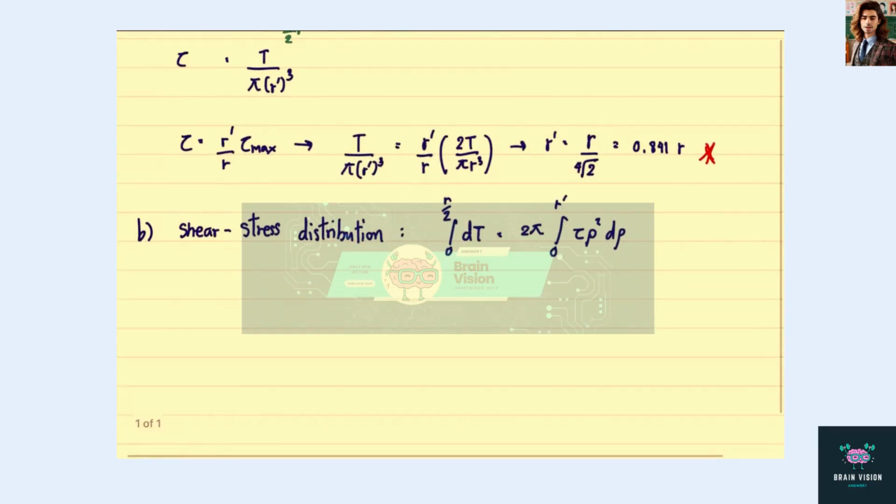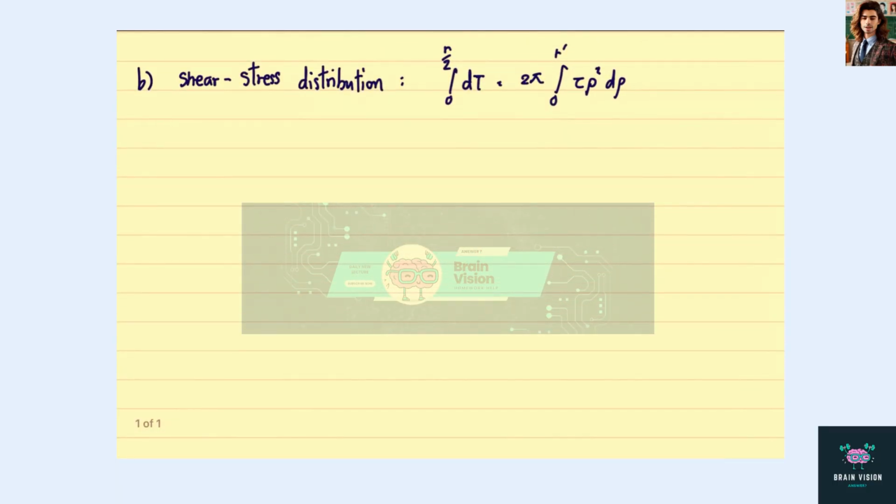And from the shear stress distribution, we can write down the relation like this, and from that we'll have that T is equal to the integral of tau rho squared d rho, where tau is rho over R tau max, and rho goes from 0 to R_i, and we can substitute tau max by 2T over pi R to the power of 3,